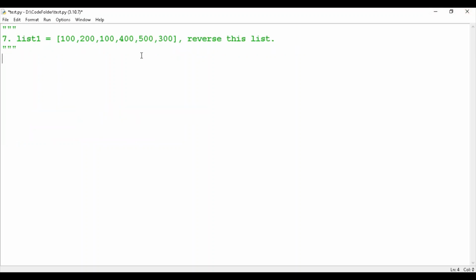The seventh question is, we have one list and we have to reverse this list. Here you can directly use the reverse function in Python. So I am taking list 1 is equal to 100, 200, 100, 400, 500 and 300. So this is our list. Now if I do list 1 dot reverse, it will reverse the list,